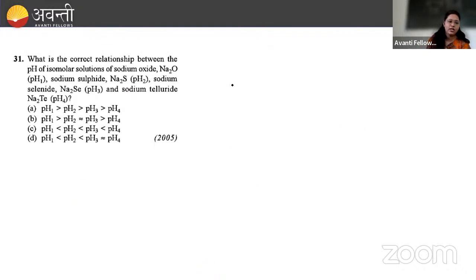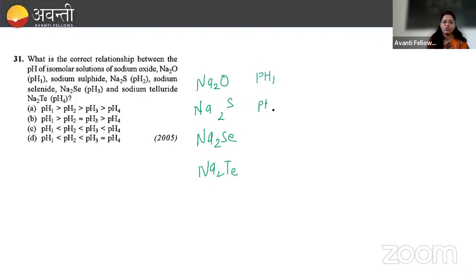Next, which is the correct relationship between pH of isomolar solutions of sodium oxide, sodium sulfide, sodium selenide and sodium telluride? Here the pH of the solutions is given. Which solutions are they? Sodium oxide, then sodium sulfide, then sodium selenide and sodium telluride. Here if I call this pH1, this pH2, pH3 and pH4,